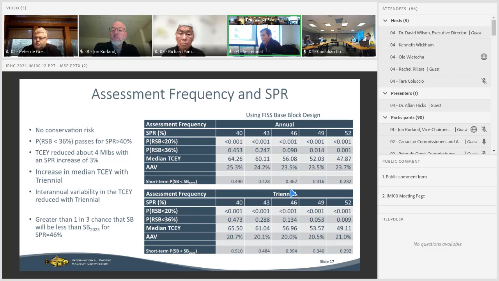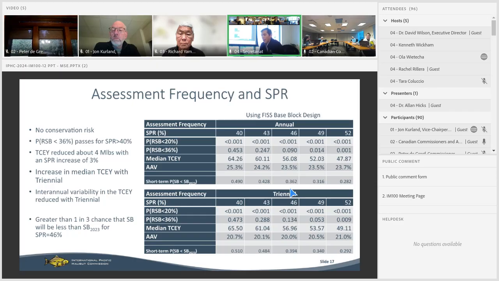But the thing is, there's a lot of variability in these results. This is just a median TCEY. So half of the TCEYs are less than that. And in some cases, they're probably around 20 to 30 million pounds. But in other cases, they're probably around 60 to 70 million pounds. And a lot of that is, well, some of that's out of the control of management, being the environmental effects on the stock, being weighted age and recruitment. But some of it is dependent on management, as we see in the table. So what we're really looking at here is the effect in the table.